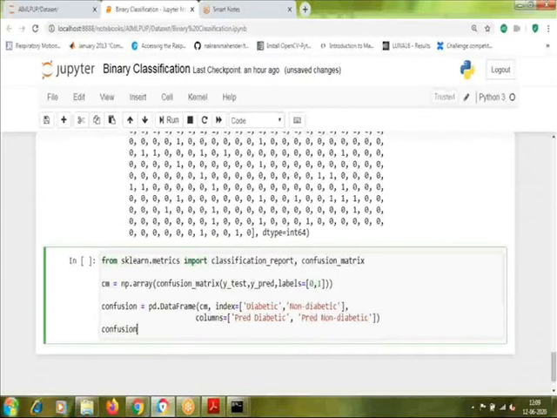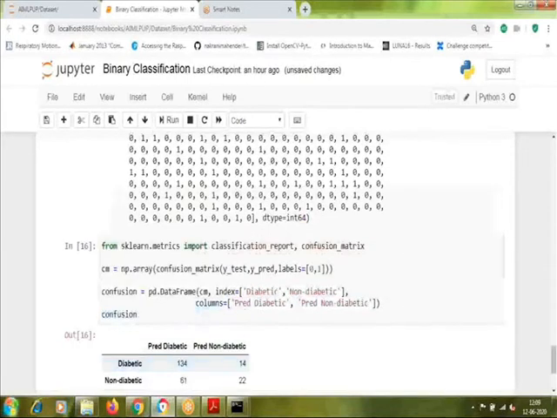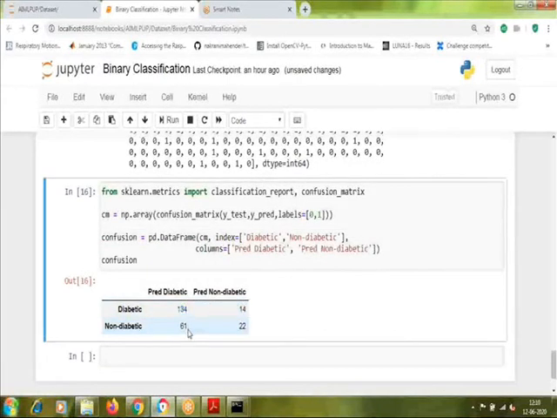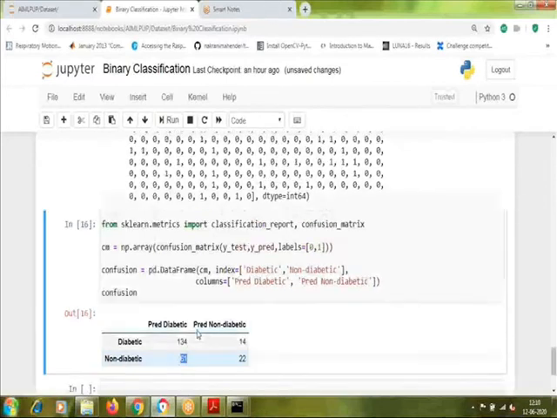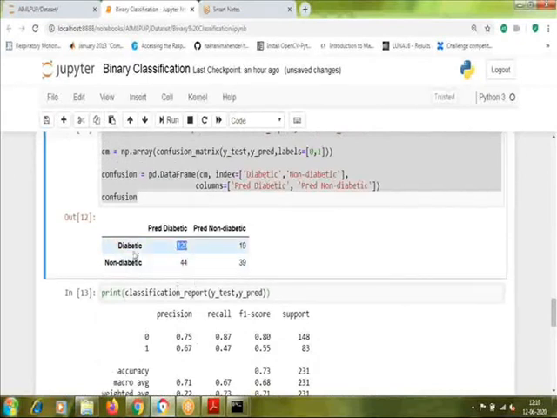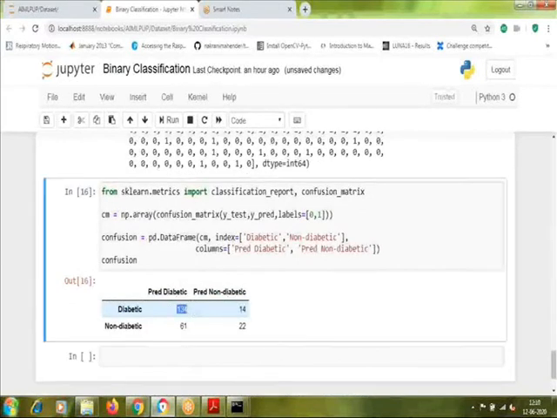And execute it. Here you can see that this model is good at predicting diabetic, but it became worse for predicting non-diabetic. Previously using SVC, the correct prediction for diabetic was 129, but it improved to 134 here by using k-nearest neighbor.